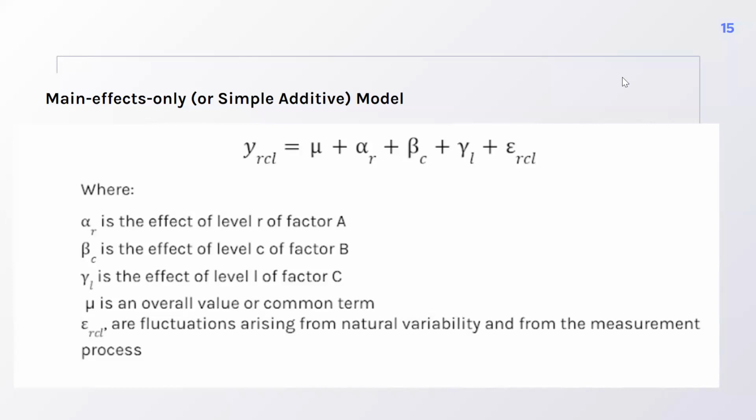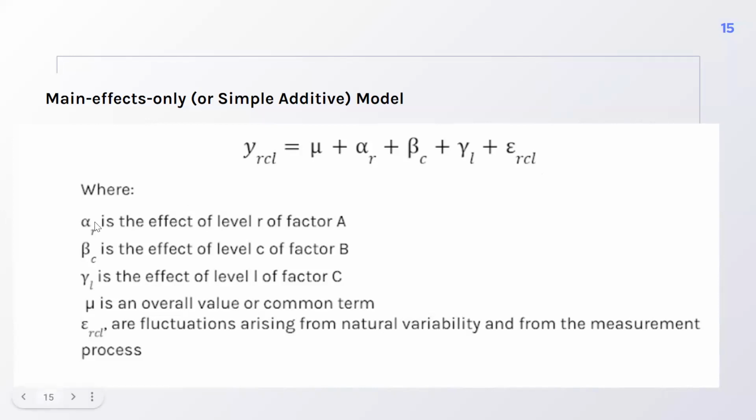The next topic po is the models related to three-way tables. So the first one presented is the main effects only or simple additive model. So this is the equation. The cell y sub RCL is equal to mu plus alpha sub R plus beta sub C plus gamma sub L plus the error term E sub RCL,